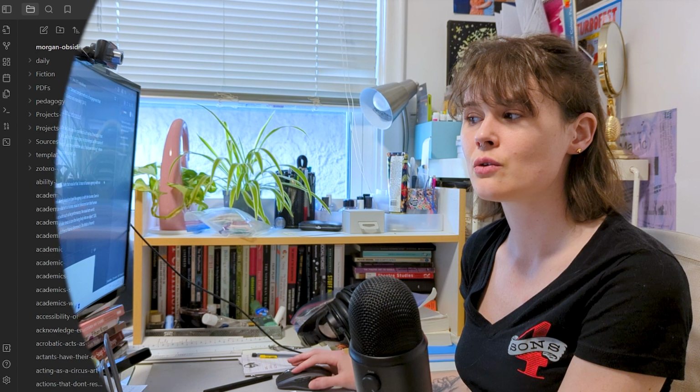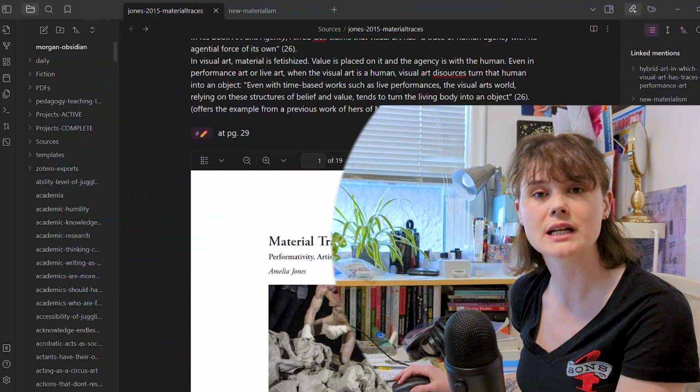But I also said that Jones describes it in this way. So now, if I'm ever discussing the idea of relational ontology in a paper or possibly my dissertation, I now have multiple people's ideas about what this idea is that I can now work with. And then I realized that I had kind of exhausted ideas from the quotes I already had in this note, so I went back to start rereading this article.